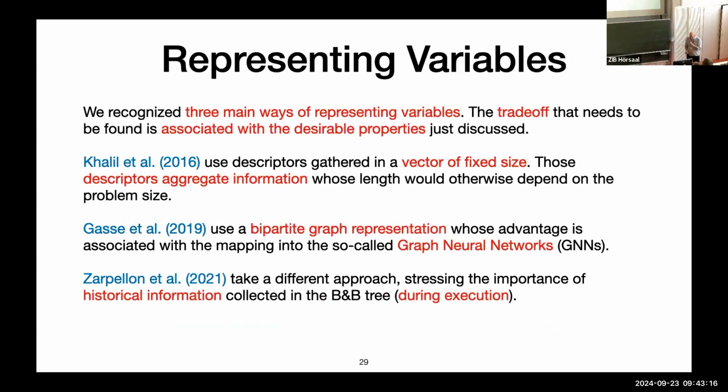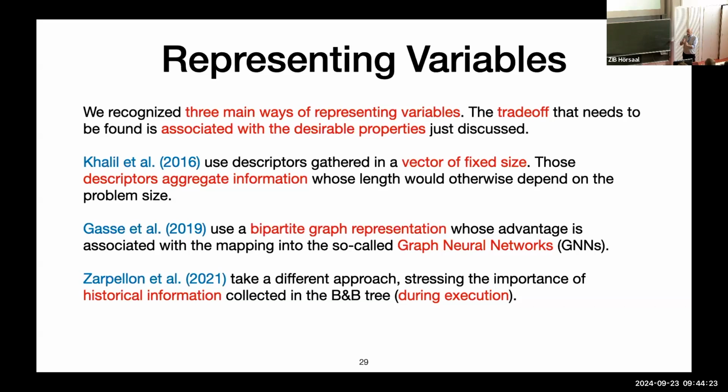So analyzing the literature, looking back, there are three types of representation which have been very popular in the use of learning in MILP. These are associated to three papers, the first one of Khalil et al. back in 2016. So Elias and co-authors were working on branching, and they use what are called descriptors that essentially abstract a bunch of different characteristics into a vector of fixed size in such a way that you can represent a MILP of different number of variables and constraints somehow into a unique representation. So those descriptors aggregate information whose length otherwise would depend on the problem size and condense it into